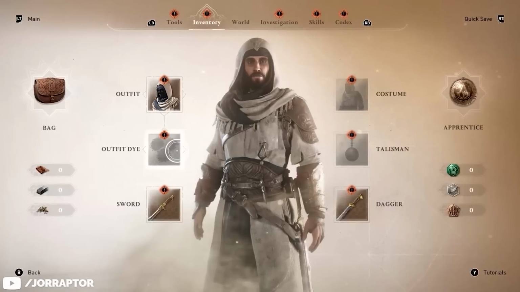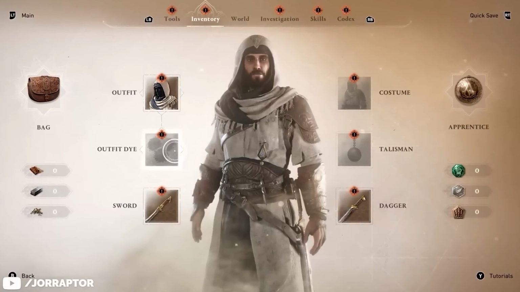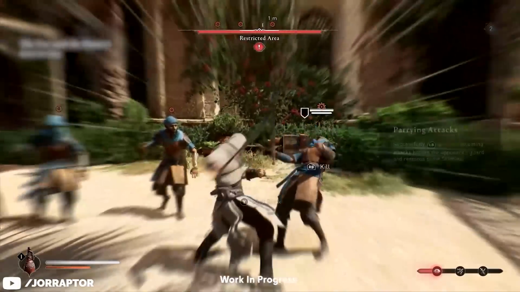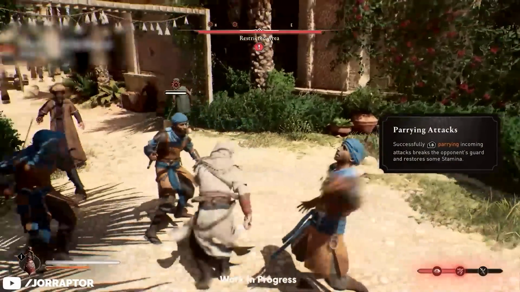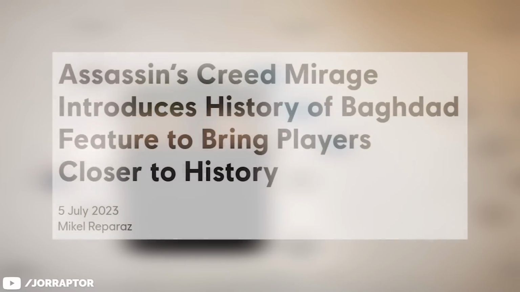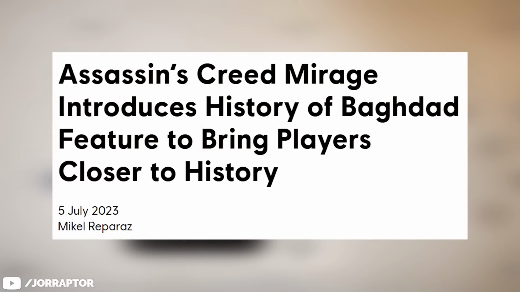Yes, this is the inventory menu of Assassin's Creed Mirage. I think it looks clean, lots to discuss. We also got a better look at the combat, which got me really excited, although I'm not so sure about the skills. I want to start with a brand new feature though that was just announced called the History of